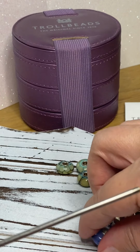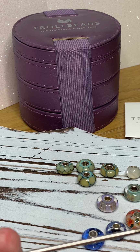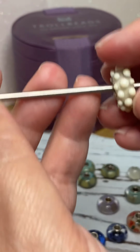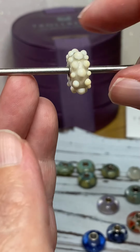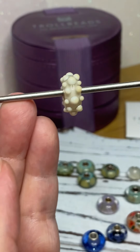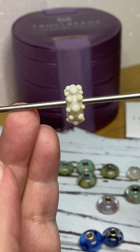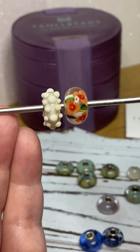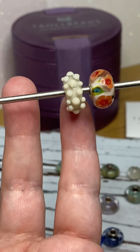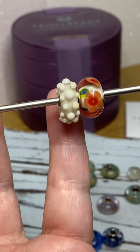And then some other things that I acquired during the sale. Let me see here. Honestly, I don't remember if these were included in the sale or not. I know I saw this one from Anya, and I actually think she showed it maybe with some of the Aqua Edge petals on a bracelet, maybe with the Mamma Mia on a bracelet, but it's a nice neutral, and sometimes on a bracelet design you need those nice neutrals for your eye to have a